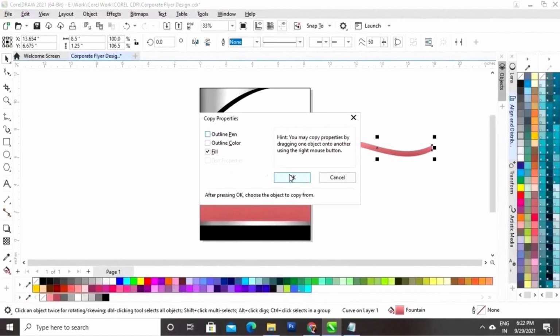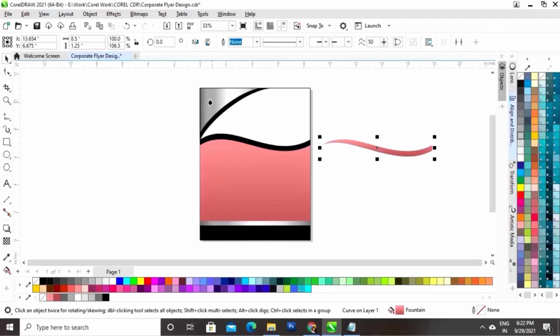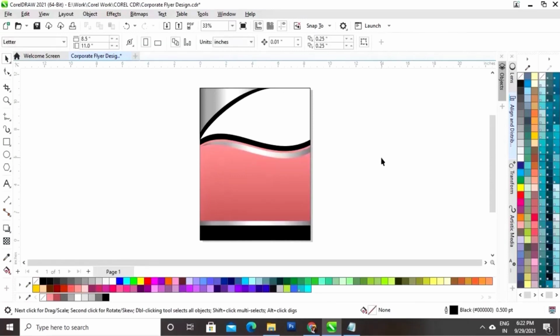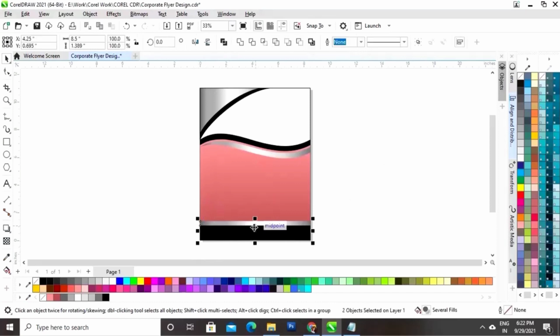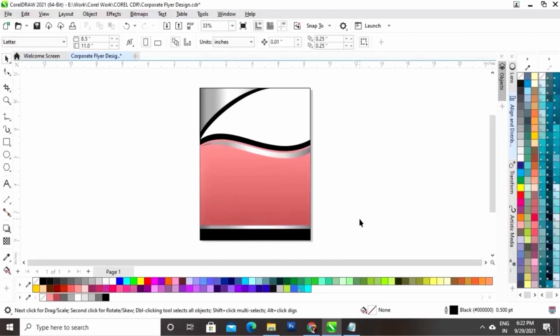Again we will copy the properties from the silver gradient. Now I'll place this shape like this. Now we'll select both the rectangles and we will adjust the size.